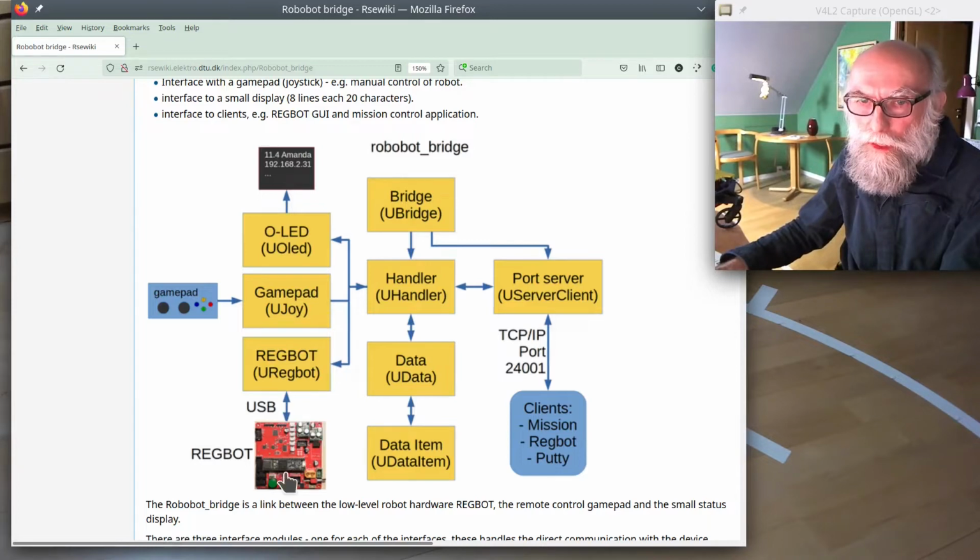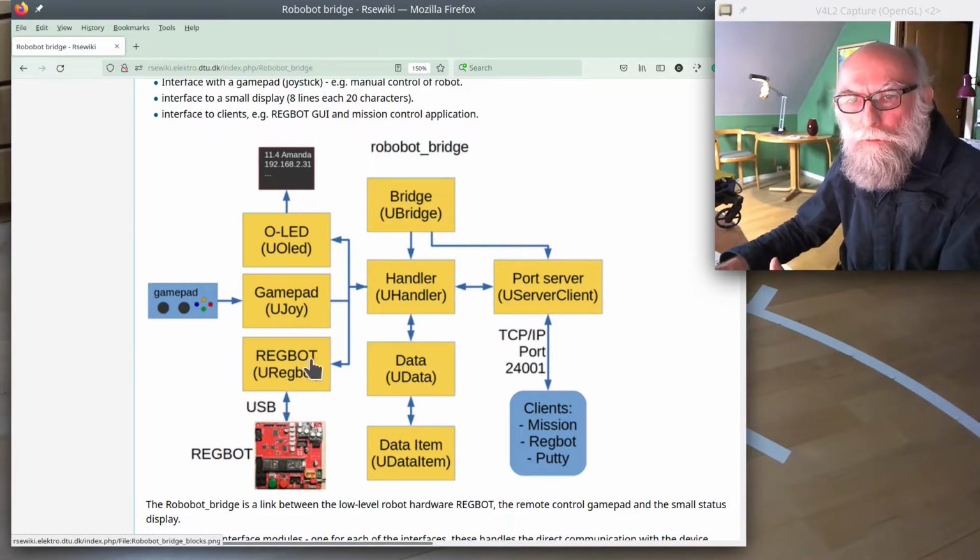That's taking the baseboard, the motherboard of the robot, the microprocessor, which is talking to the Raspberry Pi using USB. There is a block, which means a class, that handles the connection to the robot. There is another class that interfaces to the joypad, to the remote control, and there's yet another class that controls the line